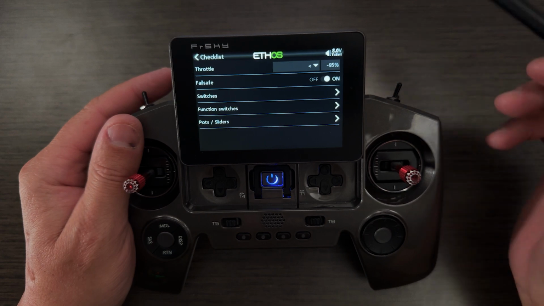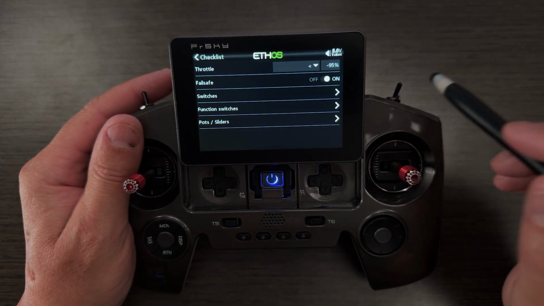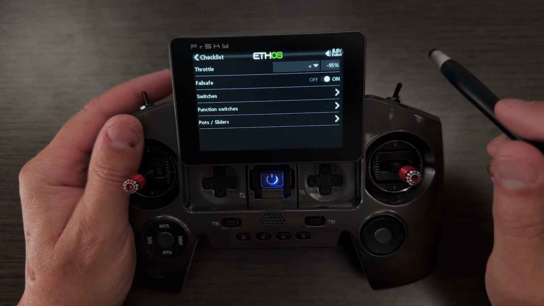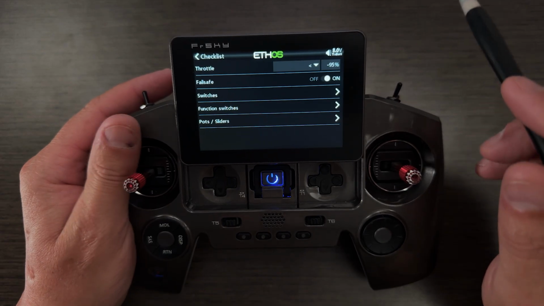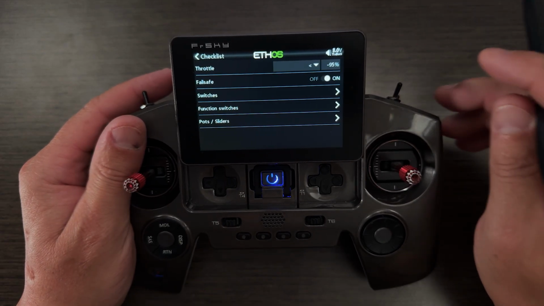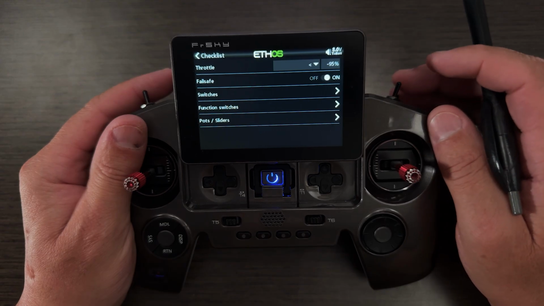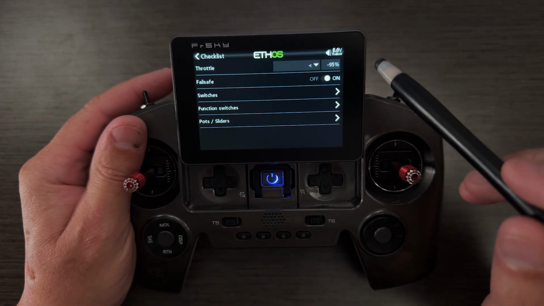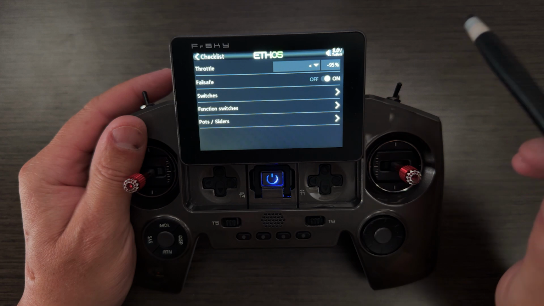Now, what this checklist is, every time you load this model, these are the predefined conditions that need to exist so that warnings don't come up on the transmitter. So like your throttle being at 0%, your motor switch being in the off position. Maybe you've programmed in a throttle cut switch and that needs to be in the off position. So this is another way that you can customize your transmitter quite easily, but for now and for this simulator